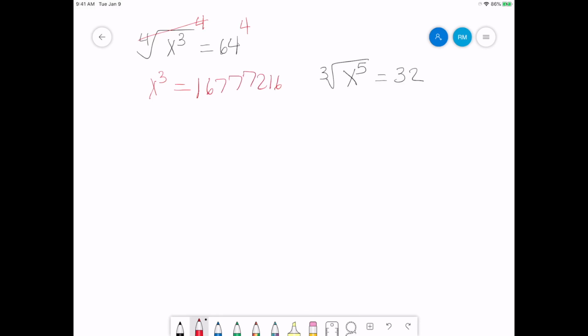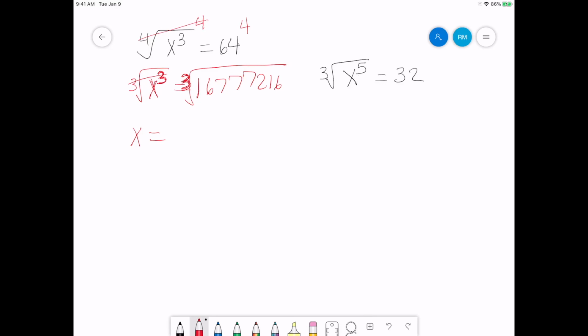All right. Now, I have to get rid of this exponent of 3 on this side because I still want to get x alone. So I'm going to take the cube root of both sides. And that'll get rid of the 3. I'm left with x on this side. Now, in order to do a cube root on your calculator, you're going to put 3 first. That's this 3 right here in your calculator. You're going to hit second, and you're going to hit the caret button that you use for exponents. Then you're going to enter the long number